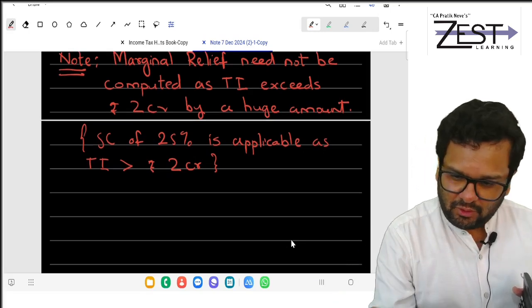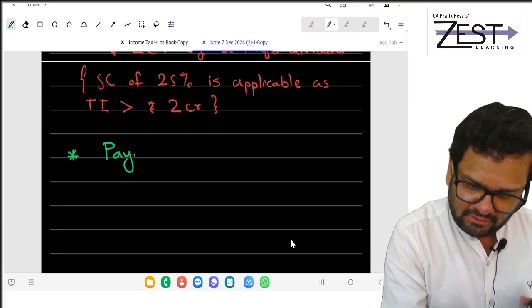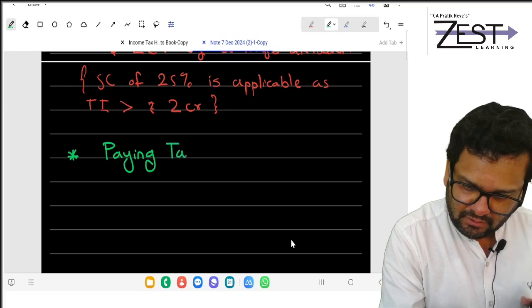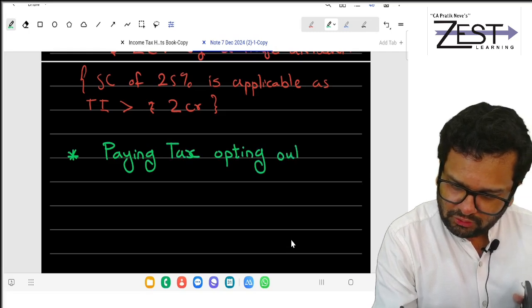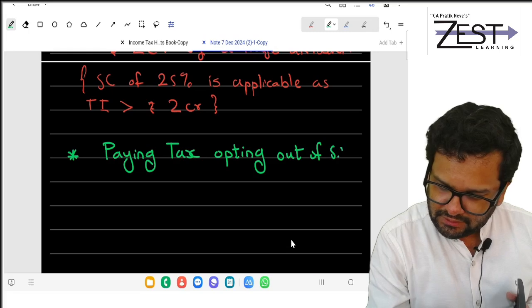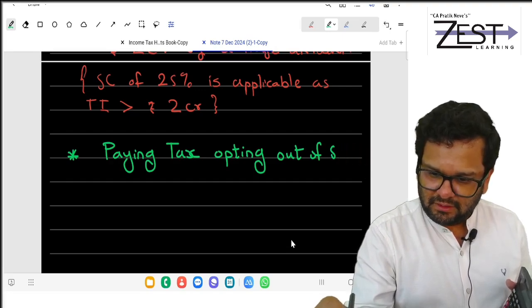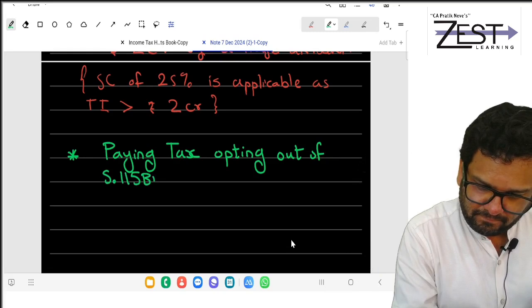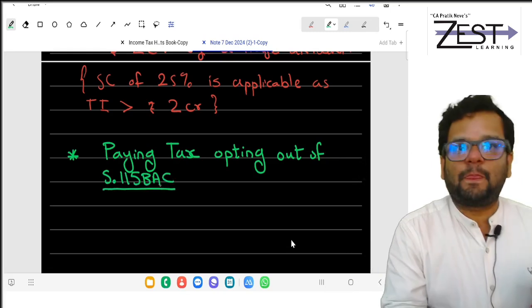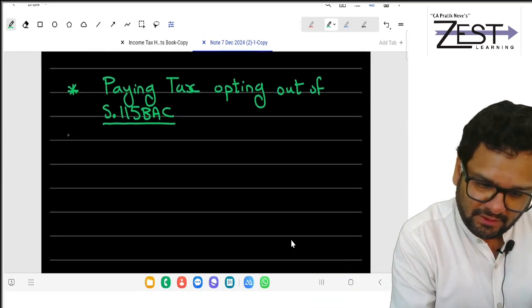The last thing is you are paying tax, opting out of section 115BAC. Someone is losing patience, don't do that. A step,